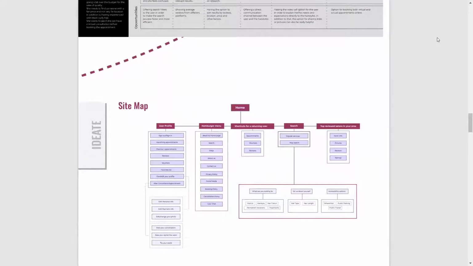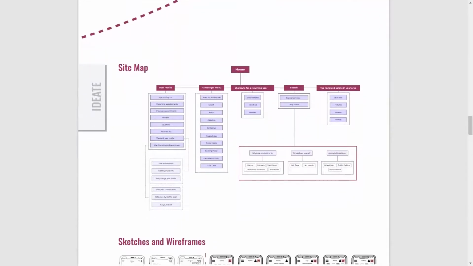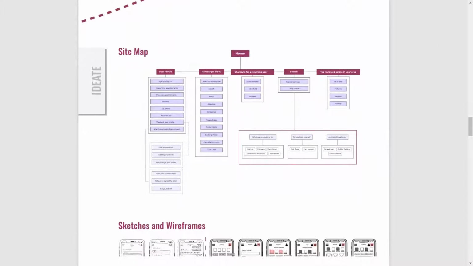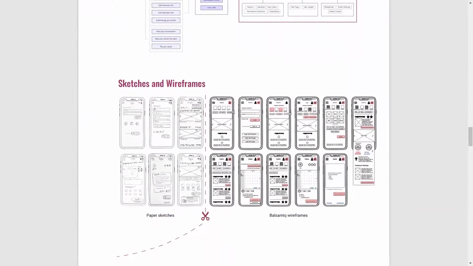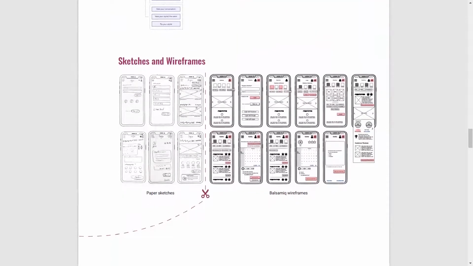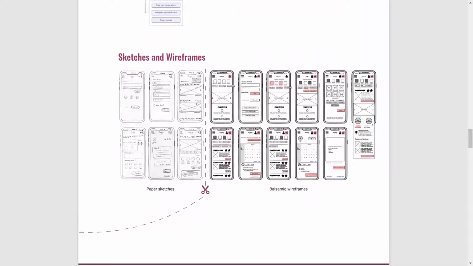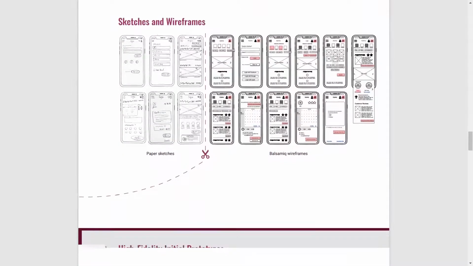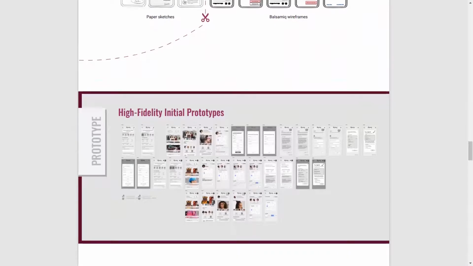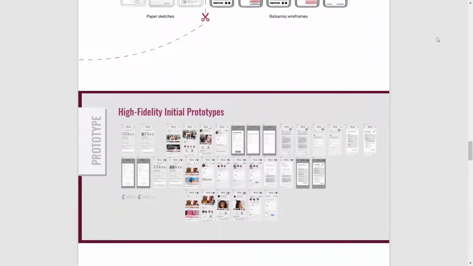In the ideation phase, I created a sitemap to build up the information architecture. And through paper sketches and mid-fidelity wireframes, I visualized the user flows by following their path step by step from onboarding to finish a certain task. After a few ideations on my wireframes, I created a mid to high fidelity clickable prototype to evaluate my solution